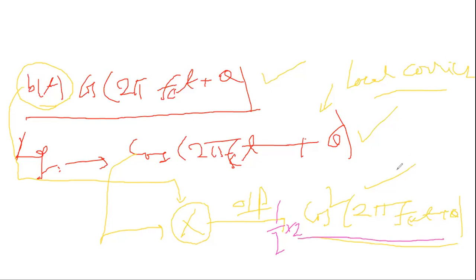So again, what will be the outcome? Half of 2 cos square theta, so 1 plus cos 2 theta. So 1 plus cos 2 theta means 2 fc, the frequency will become double. Wherever there is 2 cos square theta, at that place the frequency will become double. So frequency becomes double means what happens?